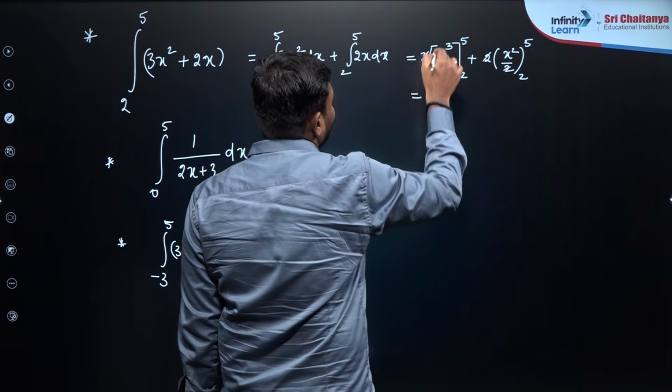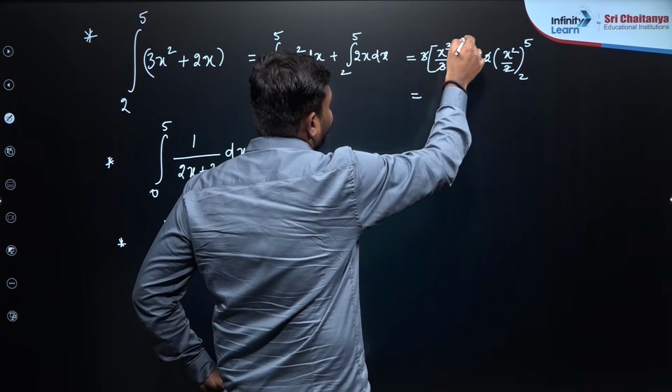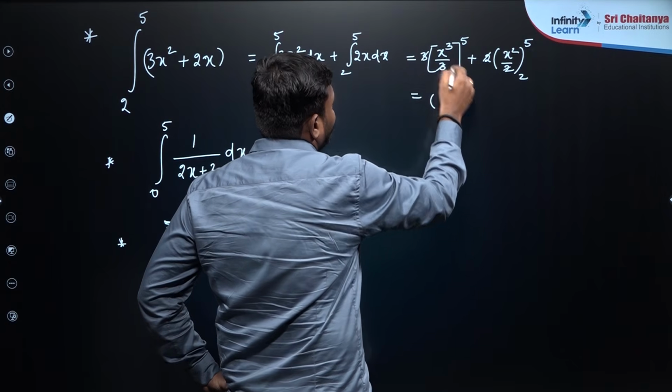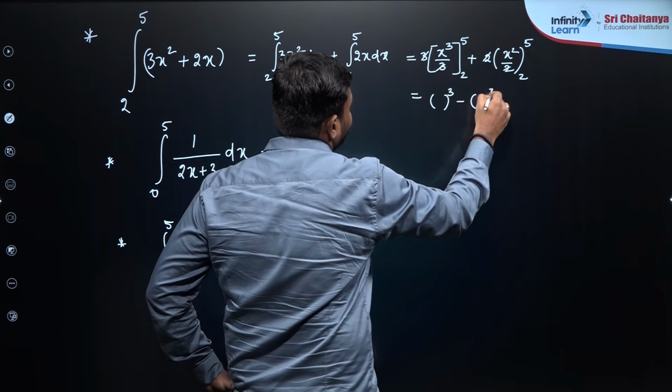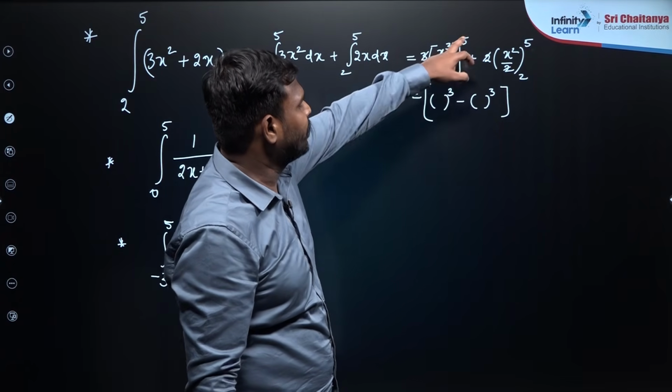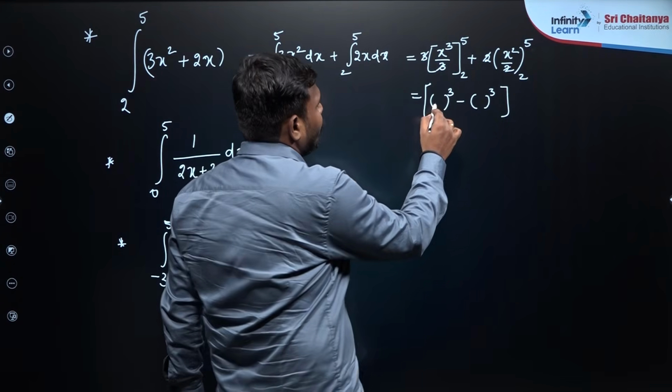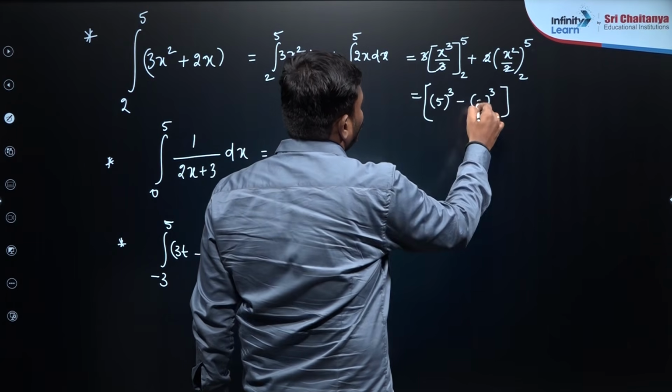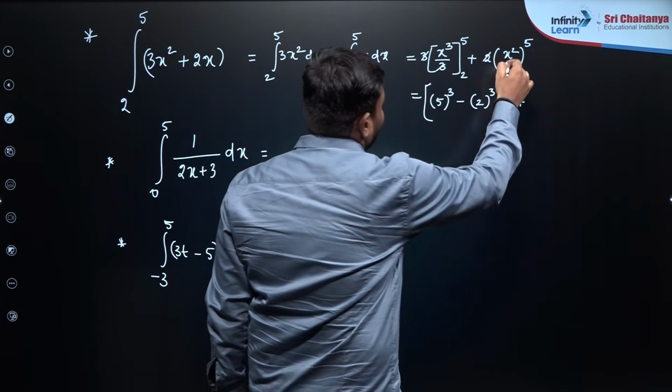So x cube means upper limit is 5, lower limit is 2. Instead of x you have to put the upper limit, that is 5 cube minus 2 cube, plus again